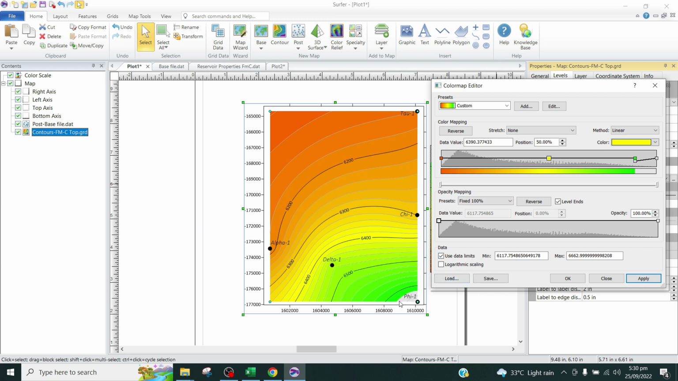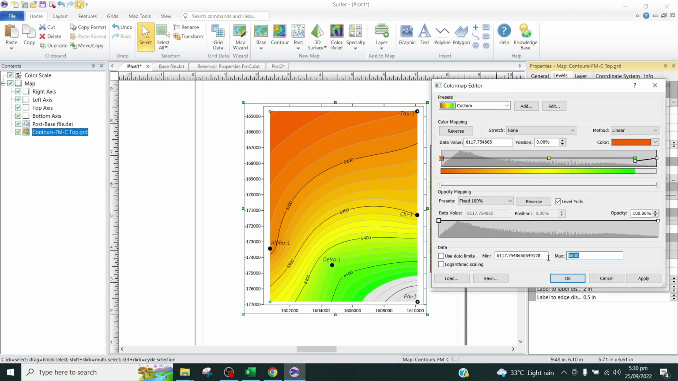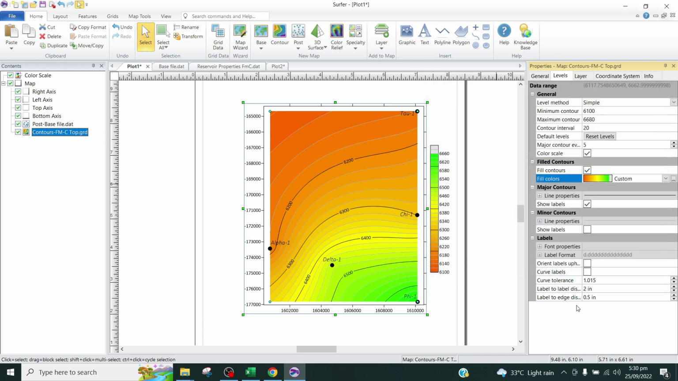I just want to move this color to green, so it will be very simple. I just have to change this to 6600 and click apply. Move up. I have to increase this. I have to go 6700 and apply. See, it changes. Click OK. Okay, now